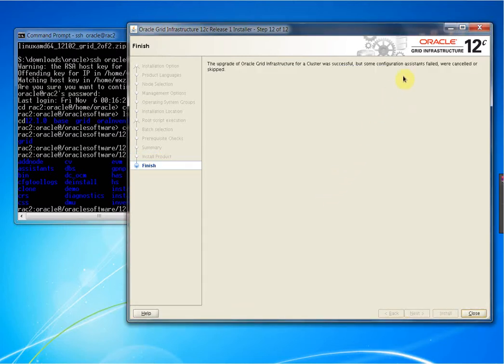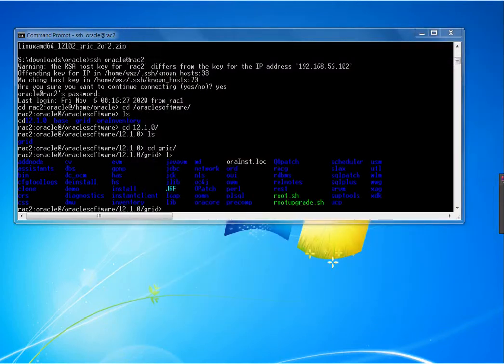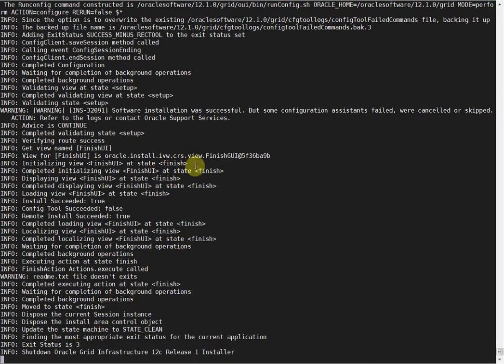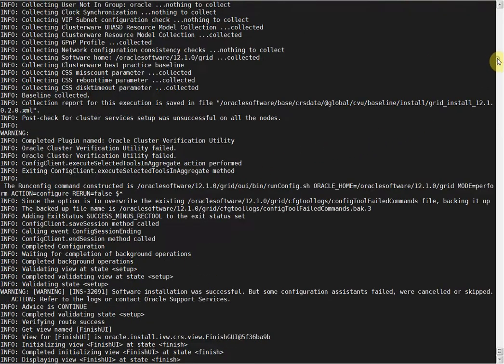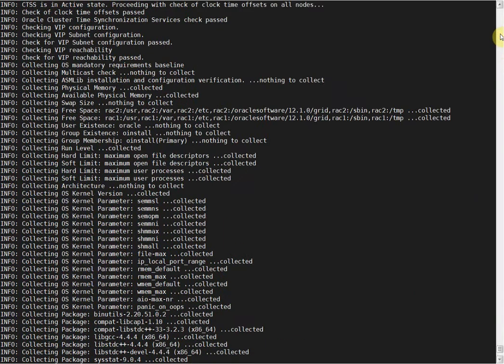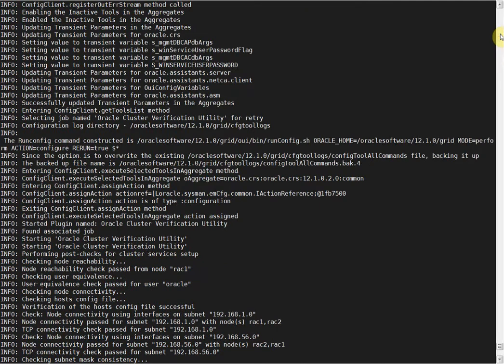Okay, it's finished. Let's go back to the terminal window and find out. So here, if you want to see why it failed, it's something to do with the scan listener. Not here, somewhere here. But anyway, it's good for now. So I'm gonna exit this session